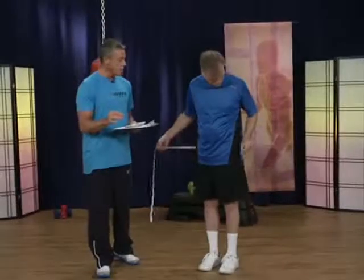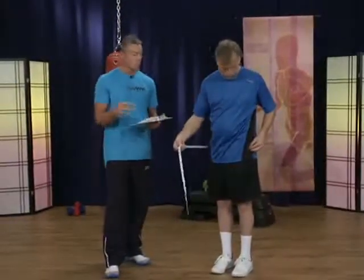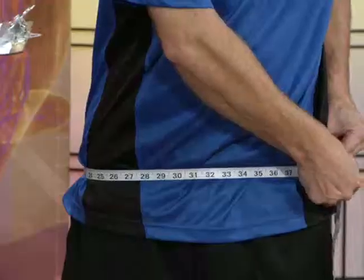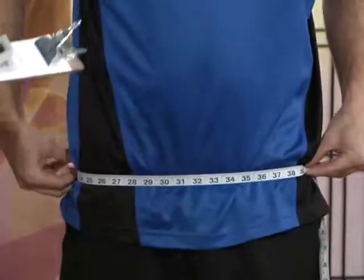We then take the hip measurement, and what we're looking for here is to find, quite simply, the widest point on the hips. So you might need to move it up or down a couple of times to find that. And again, make sure, and this is where a mirror is very useful, that the tape measure is straight. Okay, so the score is...